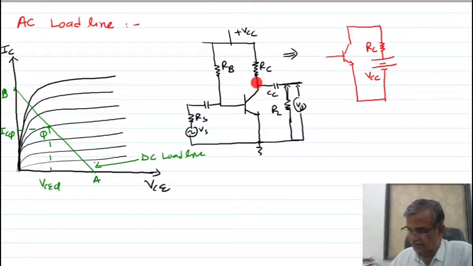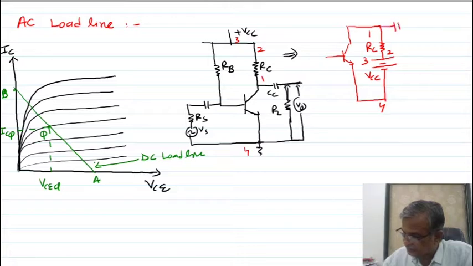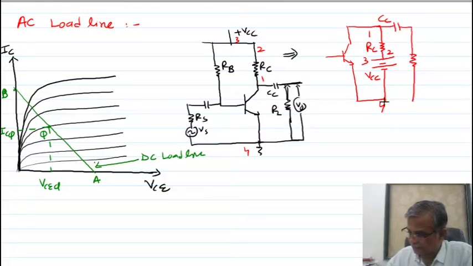Look here, from the collector, this is 1, 2, this is 3, and this is 4. I think you understand all the points. 1 is here, 2 is here, 3 is here, and 4 is here. Now, from 1 it is connected to what? The coupling capacitor. So I am connecting to the coupling capacitor. From the coupling capacitor to RL, you can see it is RL. And here is VO.